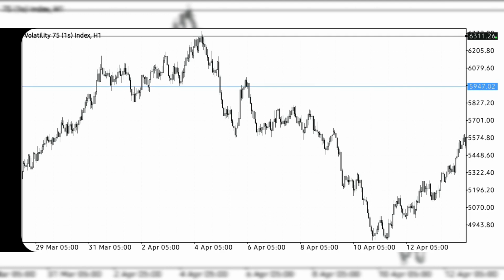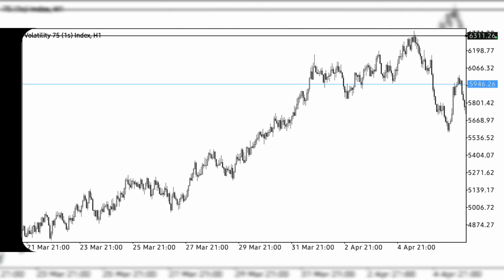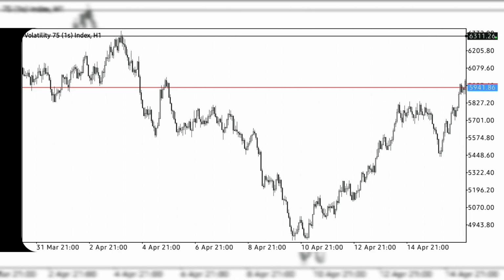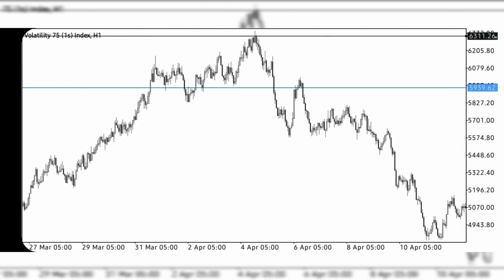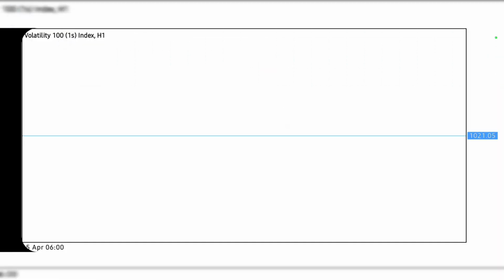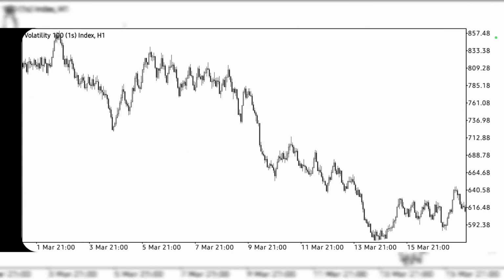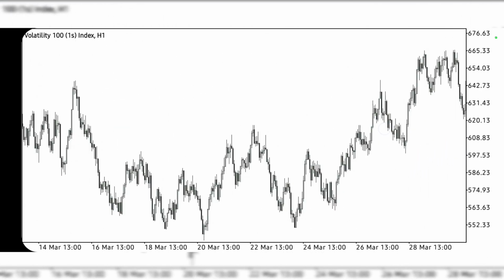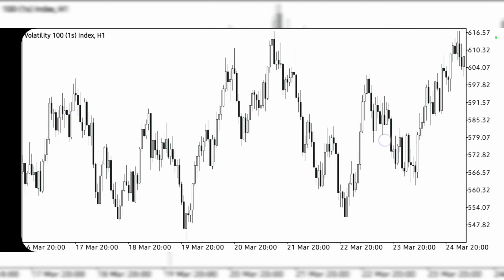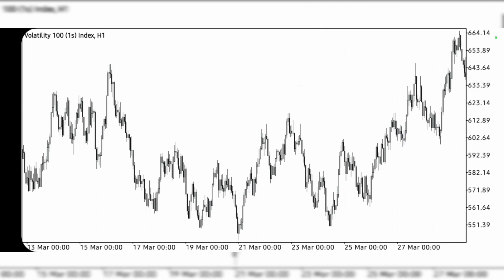Now, everything you are going to be picking out, make sure you are picking it out on the weekly, the daily, and the 4 hours time frame. I made a particular mistake some days back. I picked out my POI on, I think, the 30 minutes time frame, on Volatility 101 Hz. Let me try to get the area I picked. Okay, yes, I picked out my POI on the 1 hour time frame,